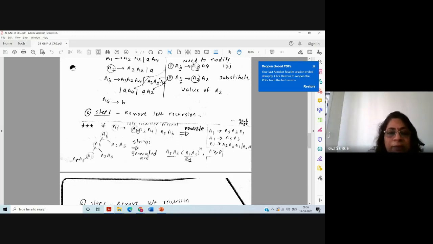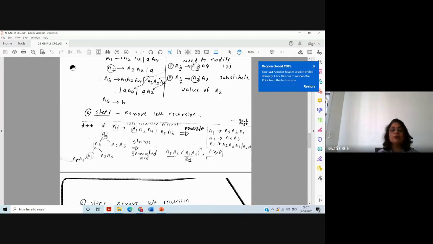So how to rewrite by removing the left recursion is that whenever such a left recursion is there, don't be lazy and draw the parsing diagram. So I'm drawing a parsing diagram. I'll say that A1 is equal to A1 A2 A3. Then again here this A1, I'm applying the first rule. So this A1 is equal to A1 A2 A3. And then I want to stop the recursion, so I'll say that A1 is equal to A5 A3. Try to apply it for 2-3 times and draw the parse tree.